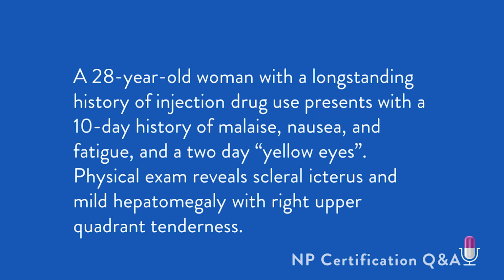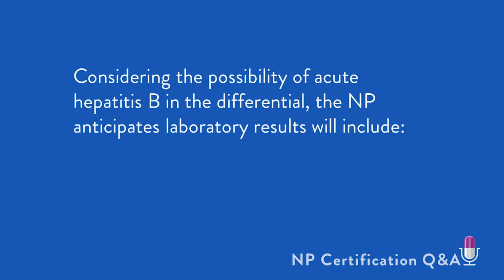A 28-year-old woman with a long-standing history of injection drug use presents with a 10-day history of malaise, nausea, and fatigue, and a 2-day history of "yellow eyes." Physical exam reveals scleral icterus and mild hepatomegaly with right upper quadrant abdominal tenderness. Considering the possibility of acute hepatitis B in the differential, the NP anticipates the following lab results will include